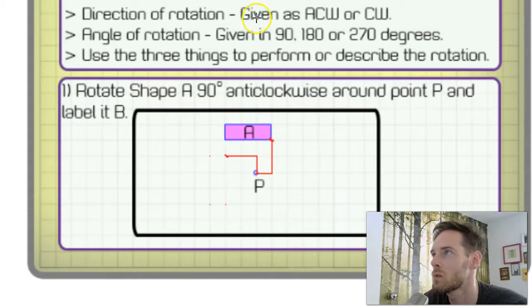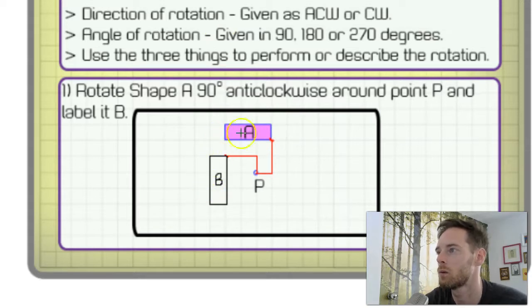Okay, so it requires you to be slightly visual, this way of doing things. Let's see if I can just draw that with a different color. All right, there we go. So there's that to that, that to that, and that to that. All right, and that is our shape B. I'll just label that one B. There you go. That shape has rotated 90 degrees in an anti-clockwise direction, and you can get it